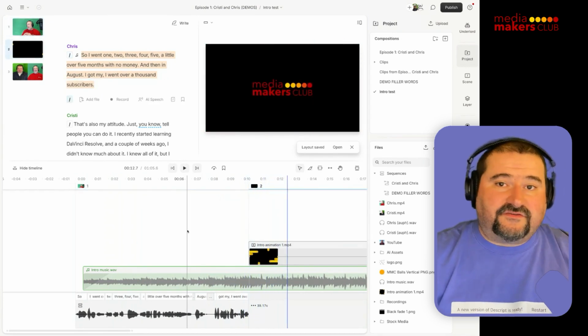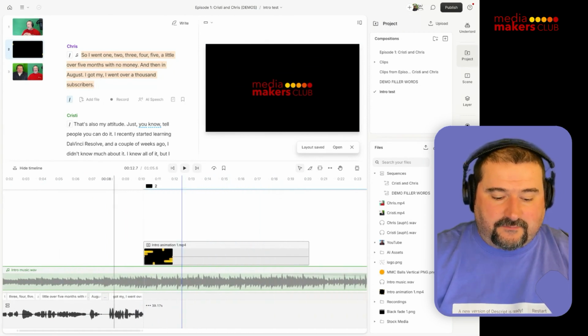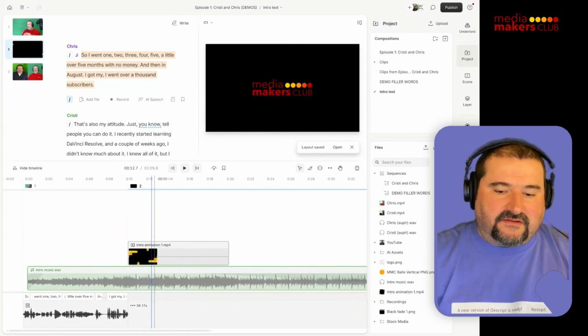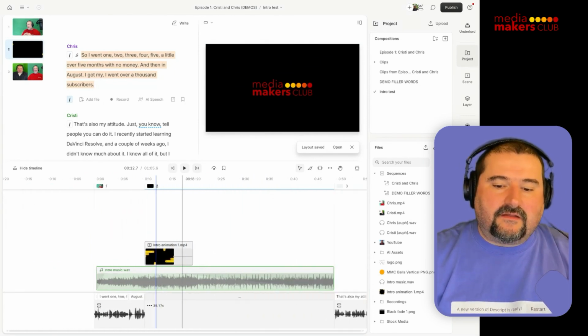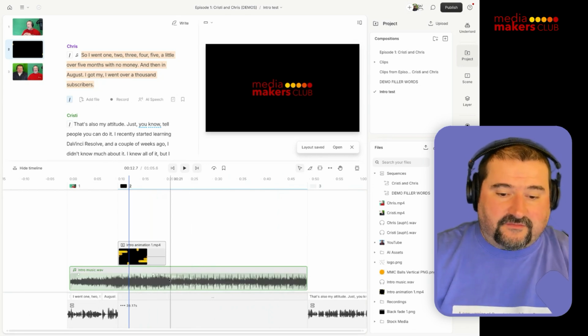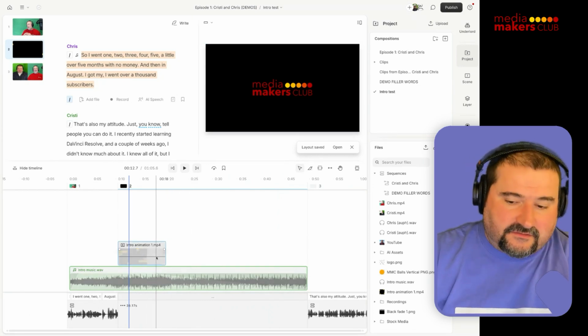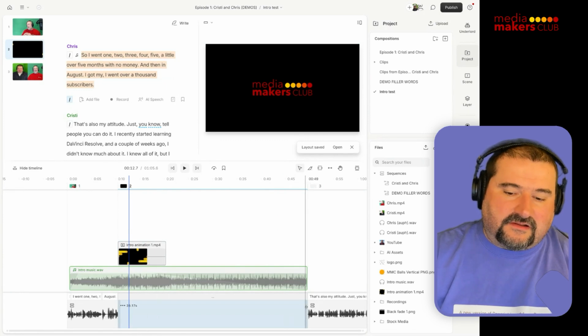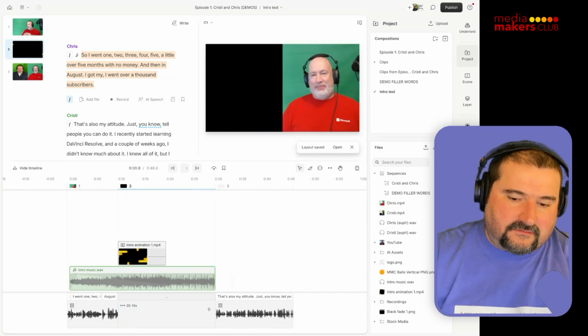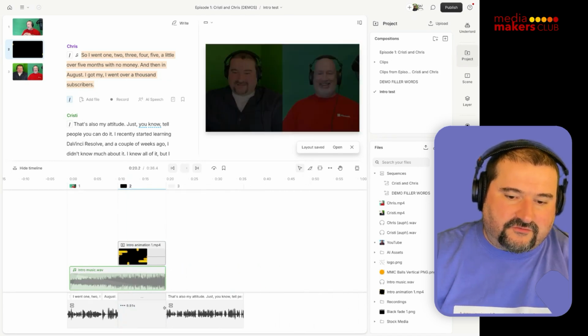And the other adjustment you may have to do is at the end, because Descript actually created that template scene to fit the music file. That was the length of it. However, my intro just stops here. So all you need to do is grab this clip at the bottom, which is your gap clip, and bring that in like this. Here we go. And it matches the end of your intro right there.